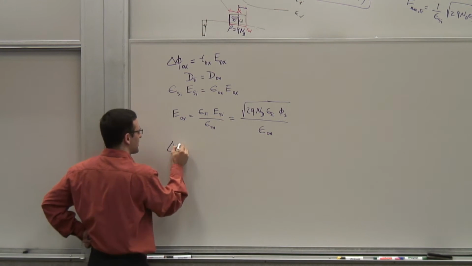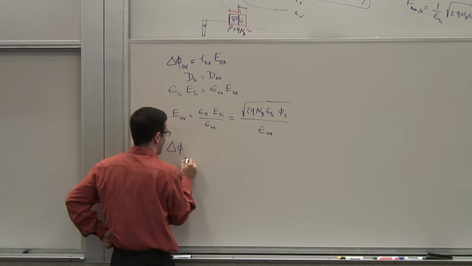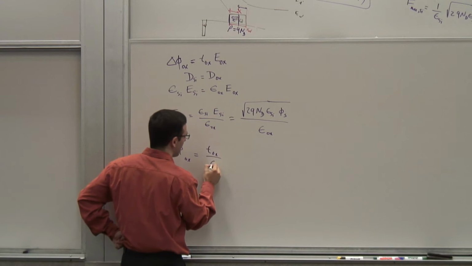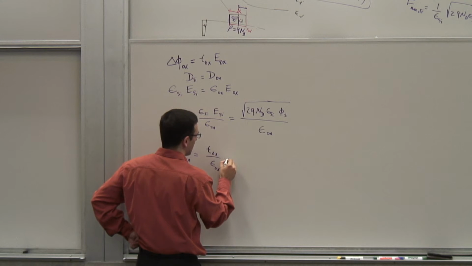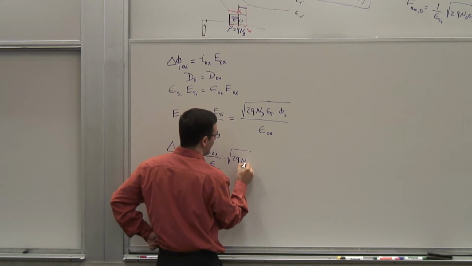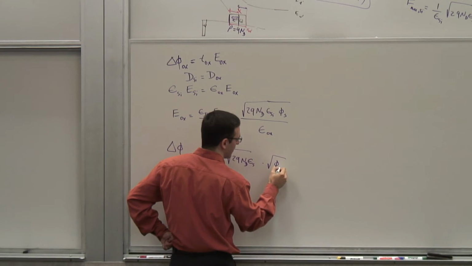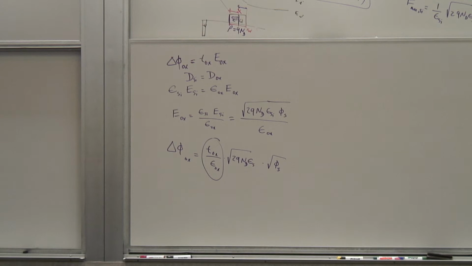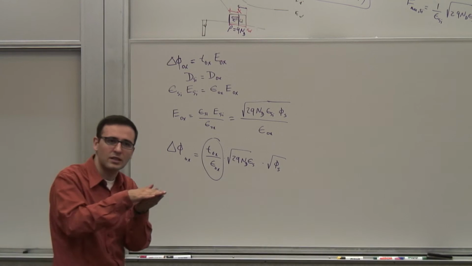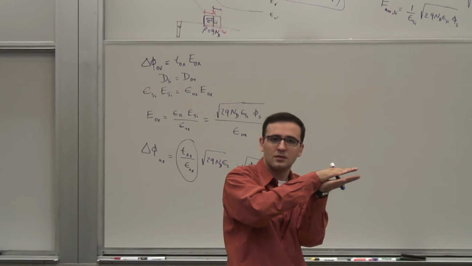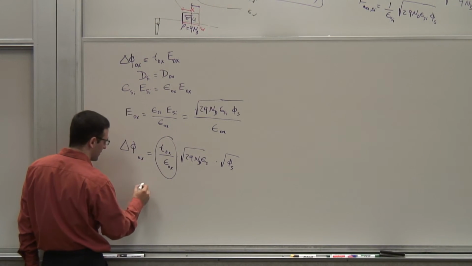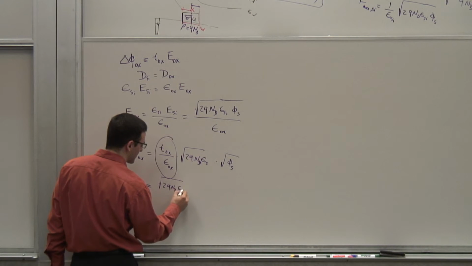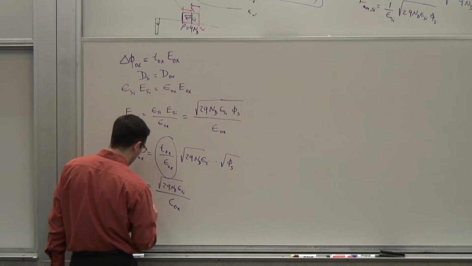And what I'm really interested in, which is the potential drop across the silicon dioxide itself, is going to be Tox times that, so I can write it as Tox divided by epsilon ox, times square root of 2qND epsilon silicon times square root of Φs. I just write it as two different terms. Now, what is this term? Cox is the capacitance of the oxide per unit area, right? So I can write this as 1 over Cox. So I can write the whole thing as square root of 2qND epsilon silicon divided by Cox,